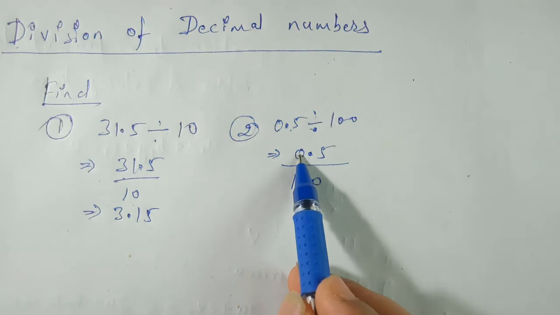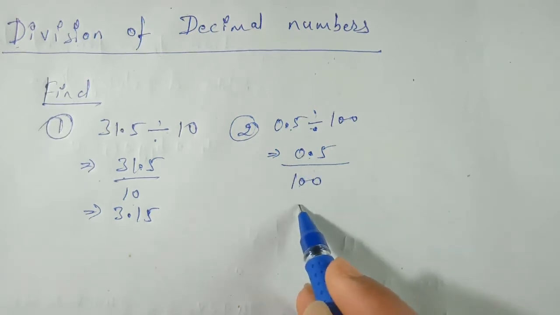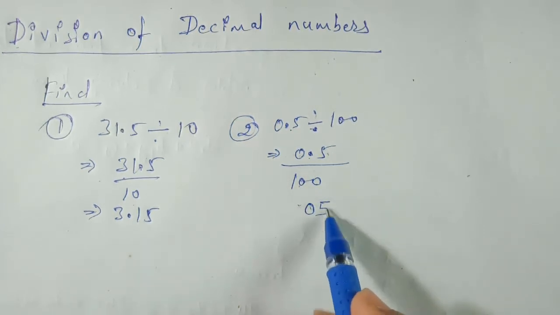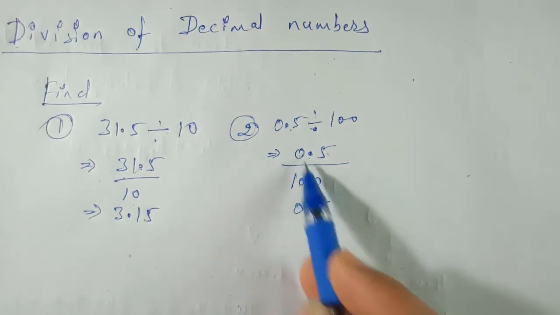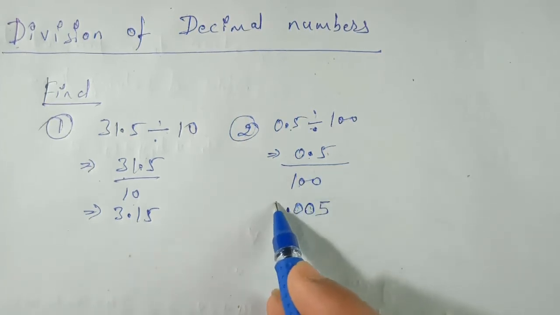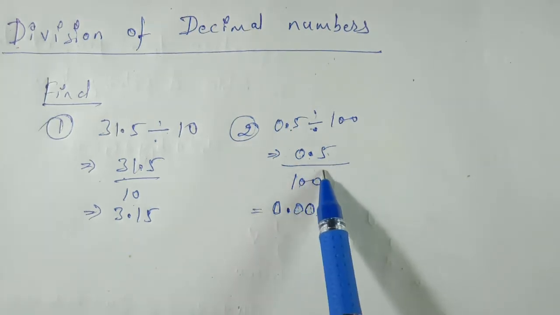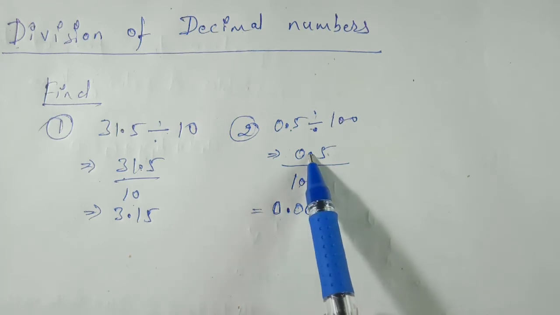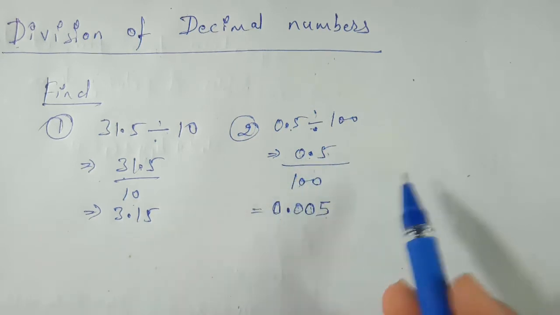So here we have only 1 digit. For the next digit, what do we have to do? We have to write 0. So we will write 5 0. This 5 we have to write as it is. Then 1 and 2, we have to count it as 1 and 2. Now shift the decimal over here and again put the 0 before the decimal. So when we divide 0.5 by 100, it will give 0.005. We have shifted this decimal 2 places toward the left hand side.